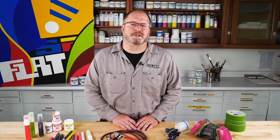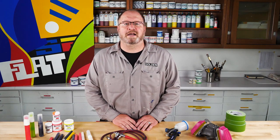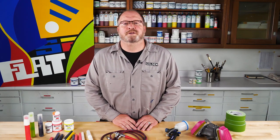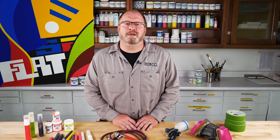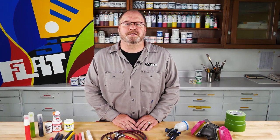From pop art in the 60s to Memphis design style of the 80s into graphic flat, super flat, and SoFlo super flat styles of painting popular today, artists love immersive fields of color. Today, we're going to look at 3 ways to apply Golden SoFlat paints to help artists working in this flat style of painting. Markers, filling empty markers with SoFlat, spraying, thinning SoFlat for airbrush and other spraying devices, and